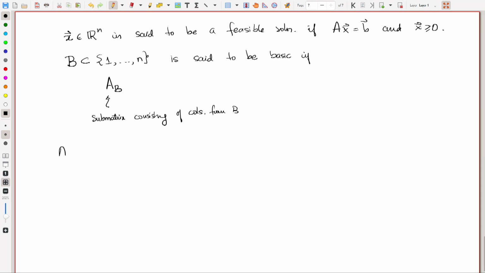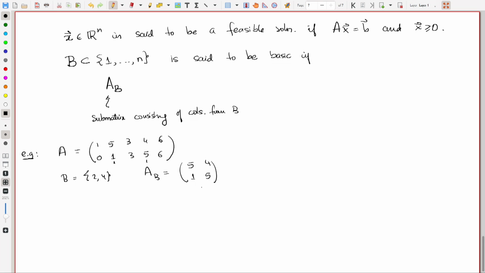So, for example, if A is, maybe I take an example where some of the columns are dependent: 1 5 0 1 5 3 4 6 0 1 3 5 6, and let us say B is 2 comma 4. So, what is A subscript B? For A subscript B you must take the second column and the fourth column and take the submatrix. So, that is 5 4 1 5. Now, these 2 columns are not linearly dependent, the second column is not a linear multiple of the first one. So, this matrix is